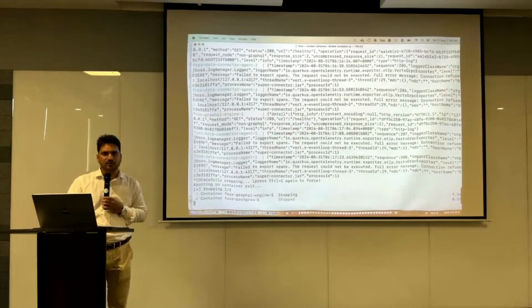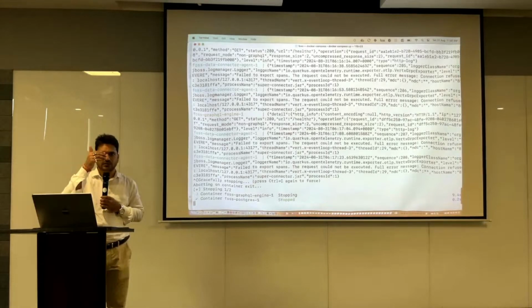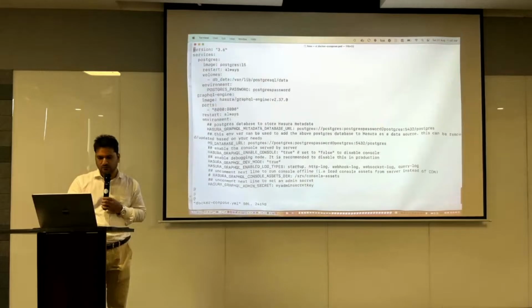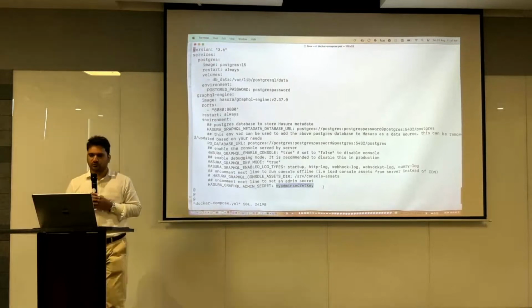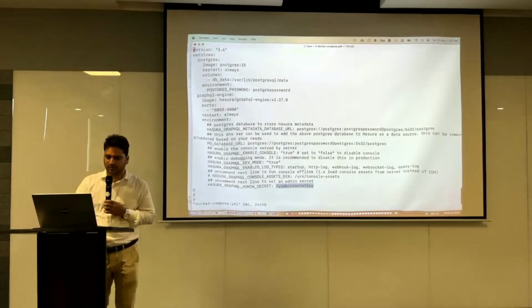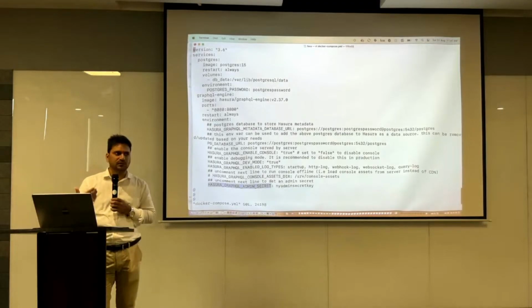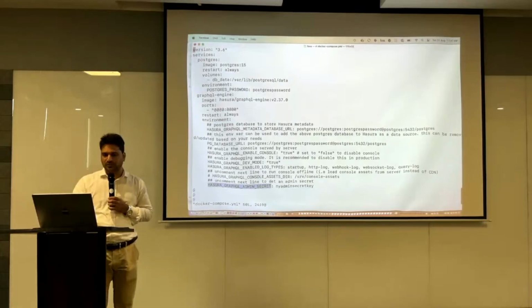We had a Docker compose file. Within that, we had a few environment variables, right? So we had a Hasura GraphQL admin secret, and here I had written this. Okay, so you can edit all these values. So this will be coming blank and commented because initially you do not need any Hasura admin secret, but as